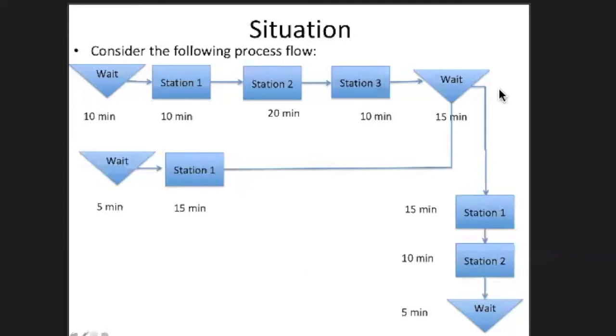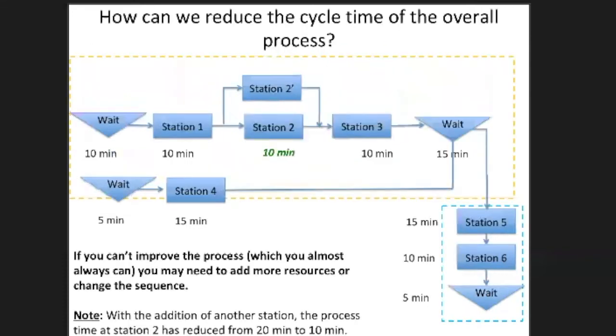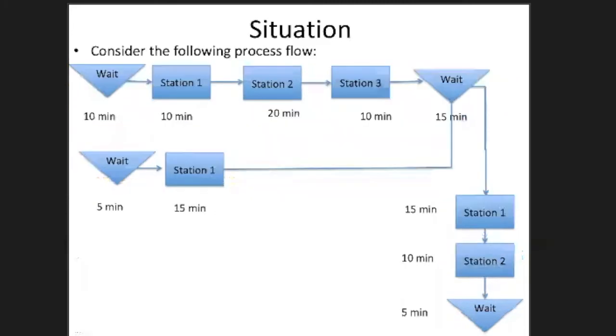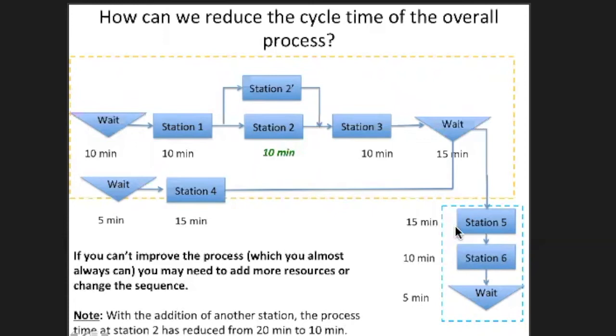Now, once they come here, then they go through the serial set of processes. So we know that none of these have higher time than the existing bottleneck that we have chosen. So overall, we understand that this is the bottleneck for the entire system. And one of the approaches that we just talked about was to add resources. So if we were to add a resource for station 2, such that we have another person, the station 2 prime is just to emphasize that station 2 now has 2 resources, 2 people managing it. So instead of 20 minutes, it has become 10 minutes of time it takes. So we know that the bottleneck has shifted,